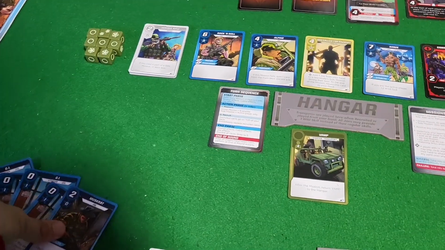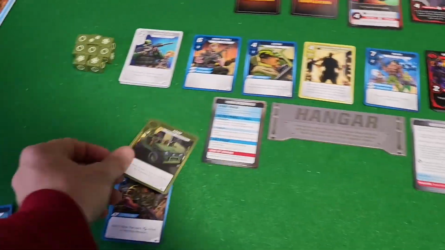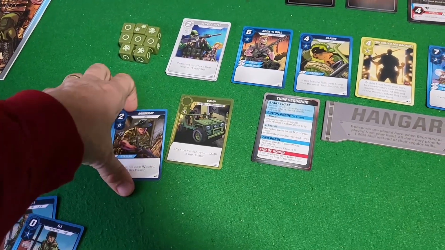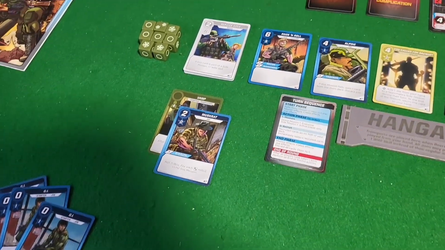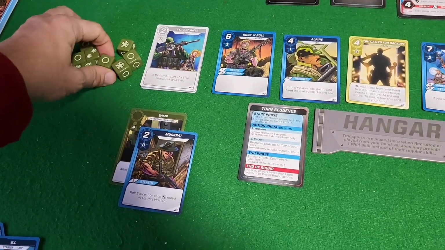So we're going to go on a mission. And the first thing we're going to do is take a Joe in a transport. This transport can hold up to 4. It's very simple. All it does is hold 4. And it's going to do 1 mission. All right. Roll 5 dice. And then we'll just go ahead and roll the 5 dice